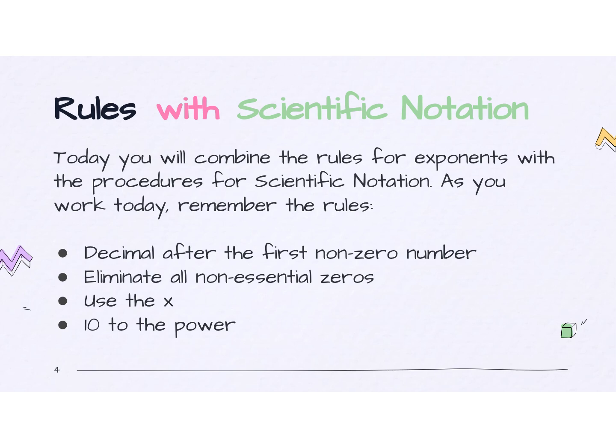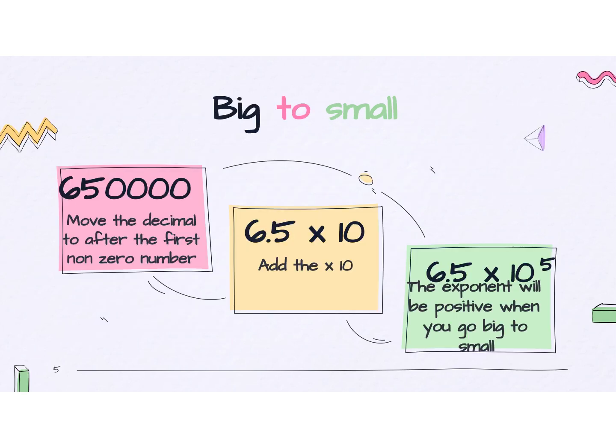So today we're going to work with scientific notation again, and make sure you remember the rules. The decimal goes after the very first non-zero number. You eliminate all the unnecessary zeros. You use the multiplication symbol, not a dot, and your exponent base is always 10. Here are the rules going from a big number,